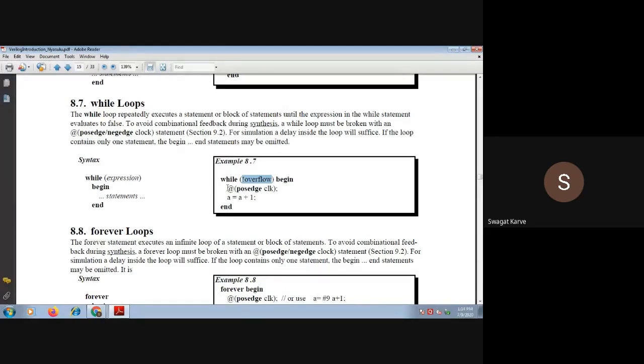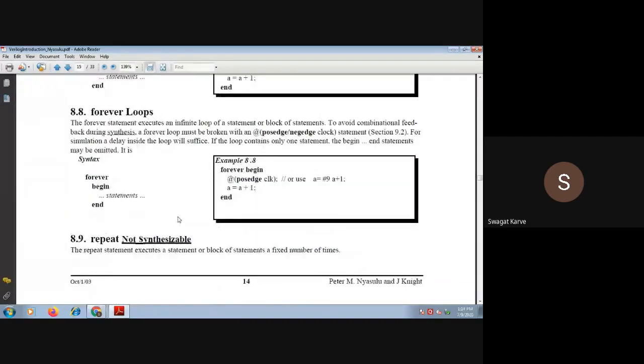This loop will keep on executing as long as this expression is true, that is, not evaluating to false, and for that much time this loop will keep on executing. So this is about the while loops.